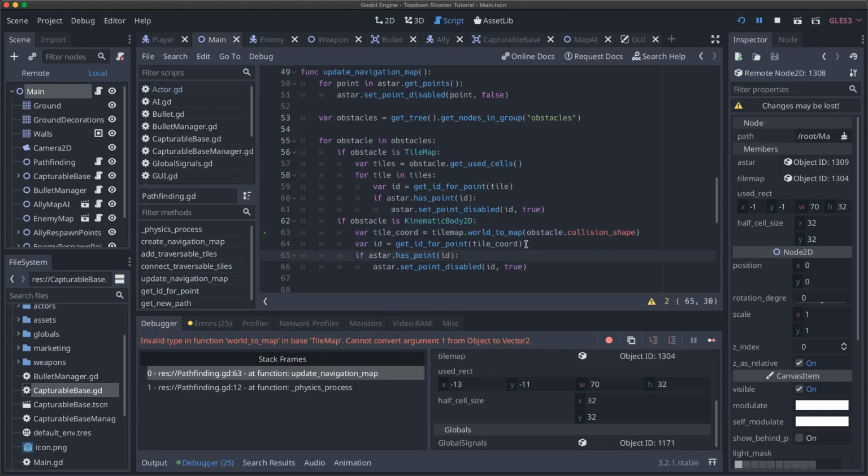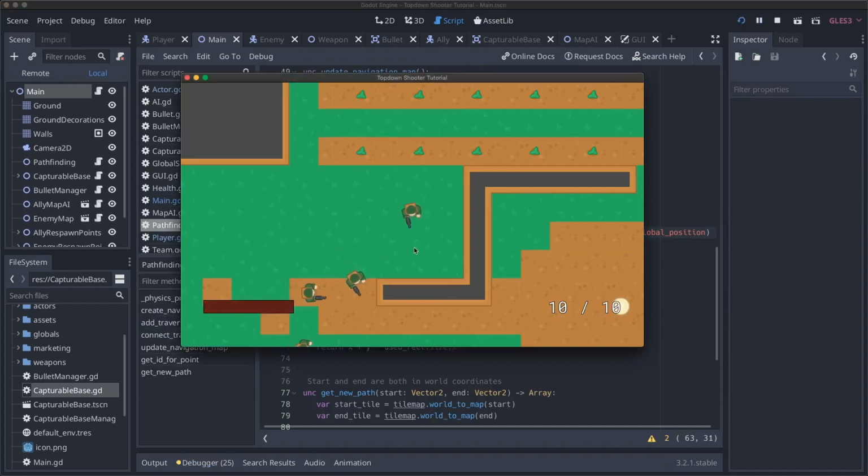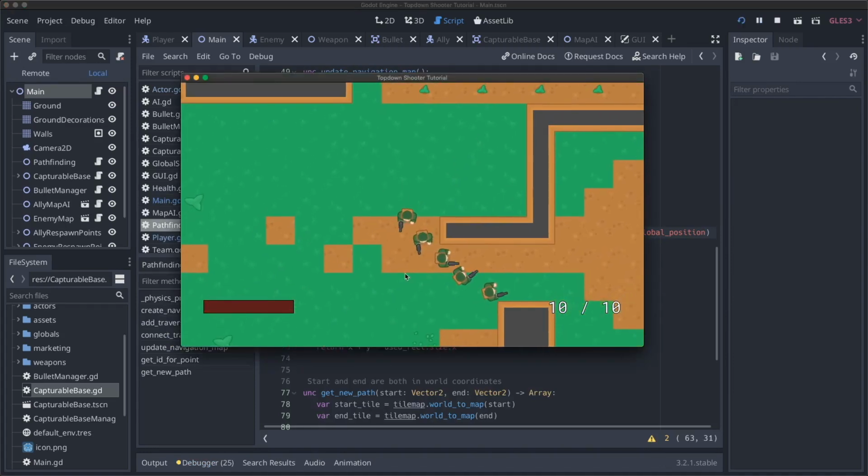Okay. So when we're calling world to map here, I'm trying to pass in an object, but it's expecting a vector, which is my bad. I'm pretty sure that this needs to be collision shape.global position. So we're not passing in the collision shape itself, we're passing in the collision shape's global position. So that's my bad. Okay, so now if we run this, we should see that the paths are getting updated